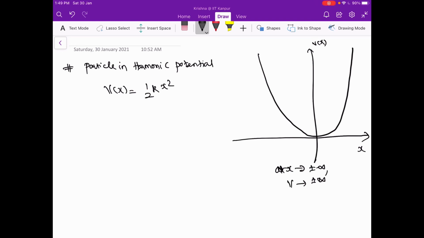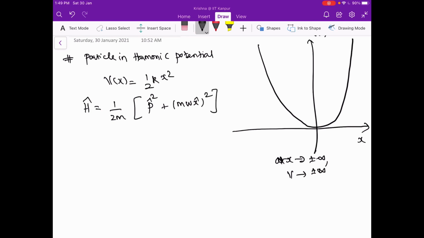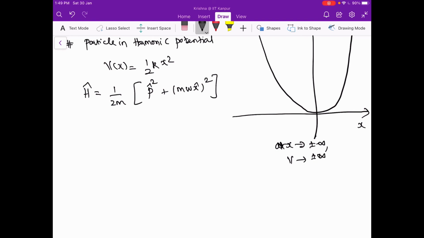infinity. Okay, we wrote the total Hamiltonian to be 1 by 2m p hat square, p being the momentum operator, plus half m omega square x square. You can write x as an operator as well. And the Schrodinger equation can be written H hat psi is E, being the energy values, psi, and in the Dirac notation it can be just written simply like this. We know that the p as an operator could be written as h cross by i d by dx, and